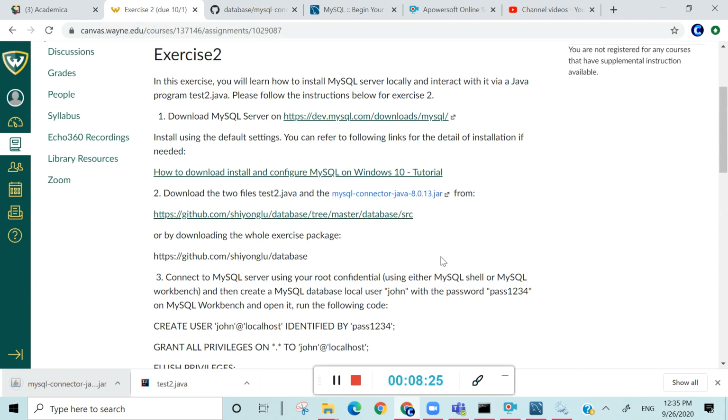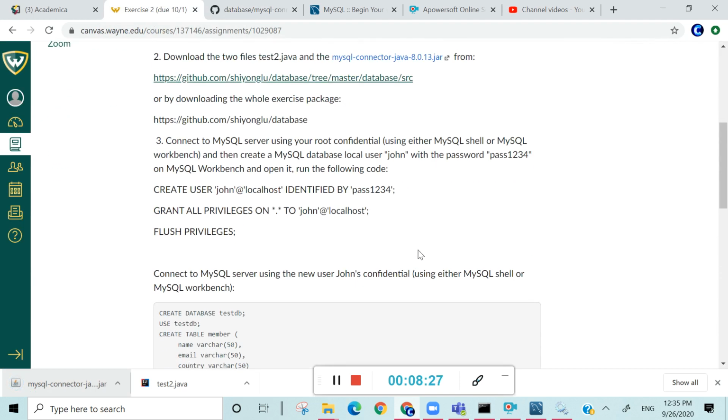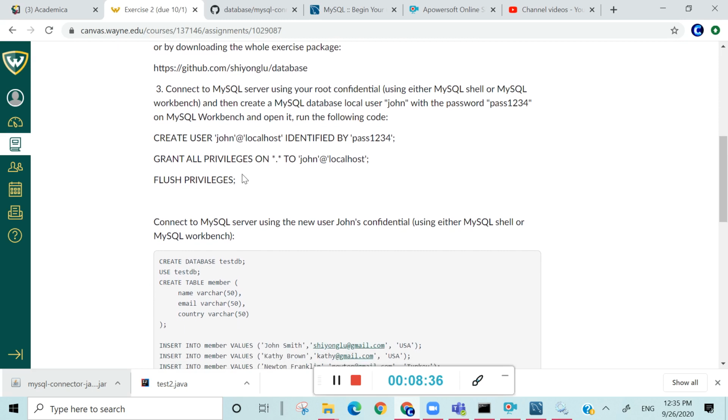So I think we just finished the step 2. Downloaded the two files. Now I'm going to do the step 3 to go to my workbench and